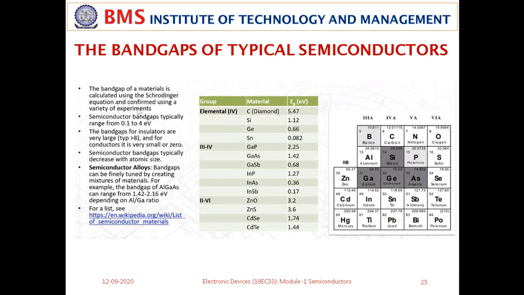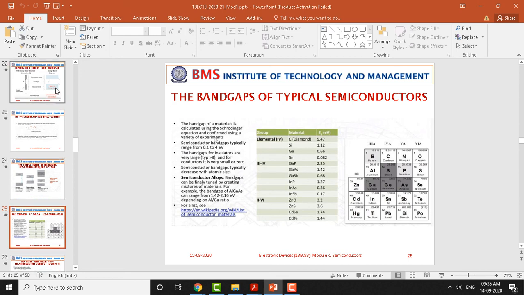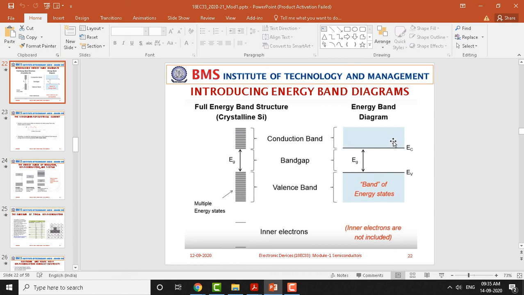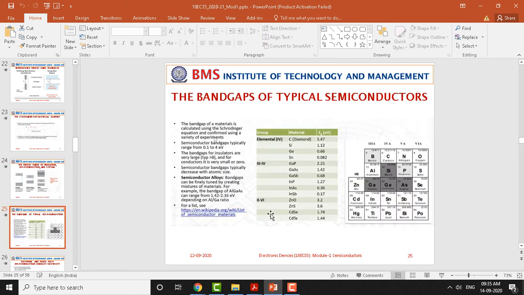Do you have any questions about today's class? We just discussed the energy band formation. Then we discussed the energy band diagrams, how we show them, and a thought experiment to simplify this. Later we discussed the classification of materials into insulators, semiconductors and metals. And finally we talked about the elements in the periodic table, like column 4, column 3 and 4 compound semiconductors, and column 2 and 6, which have different band gap energies. This itself is a very wide area called band gap engineering.